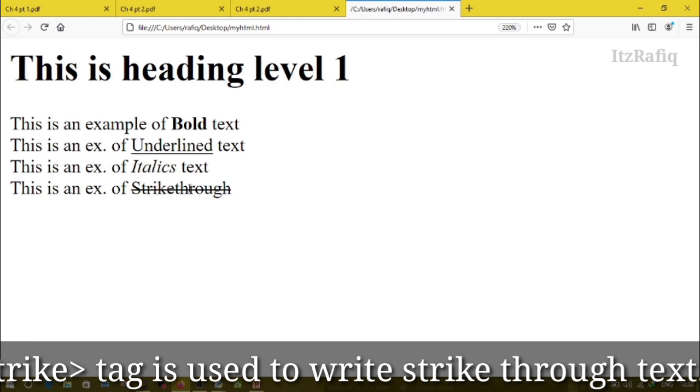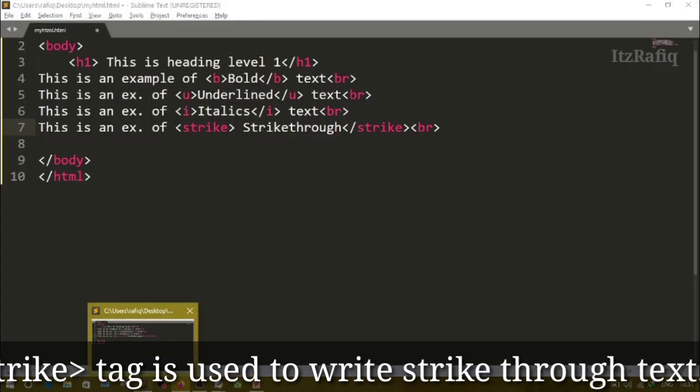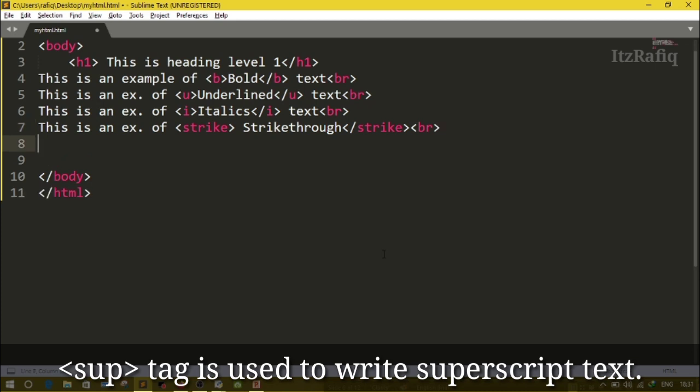Then we have superscript. Superscript is mainly used to write mathematical equations in a web page. Suppose I want to write x square plus y square, then we write x first, then the square symbol should go above the x, so we write SUP. SUP stands for superscript. Then 2, then the plus symbol, again y. The superscript tag is a container tag, so we must close it.